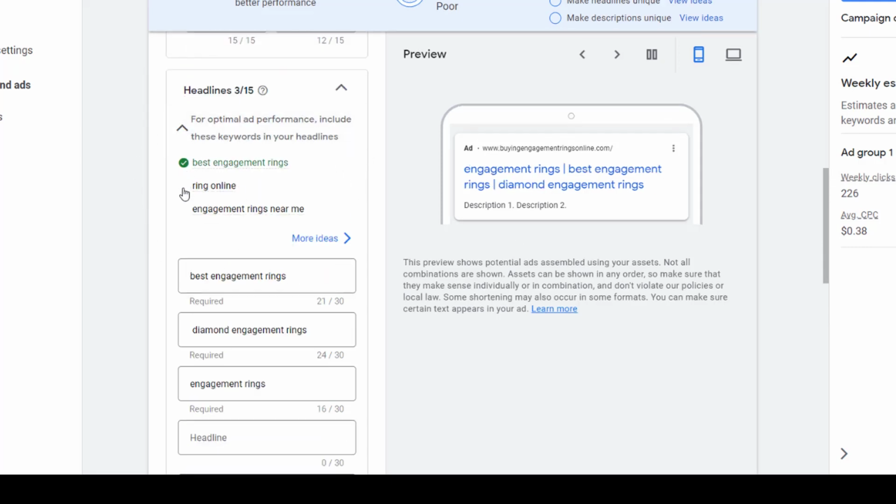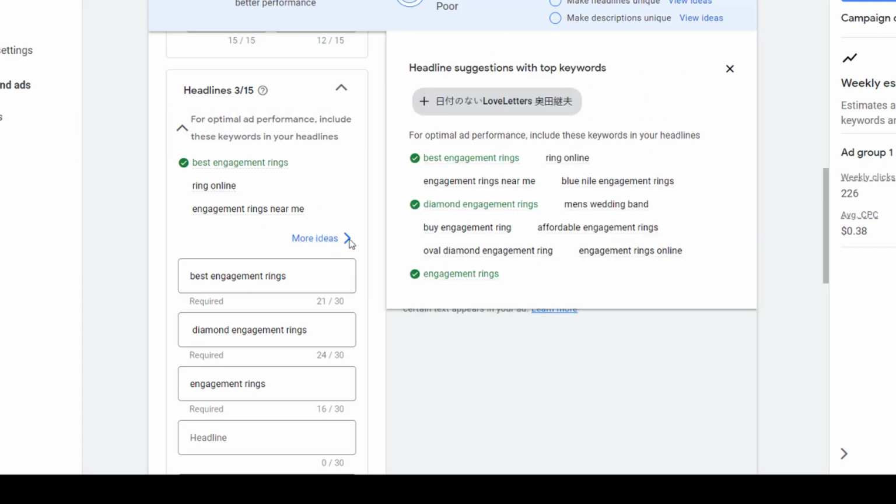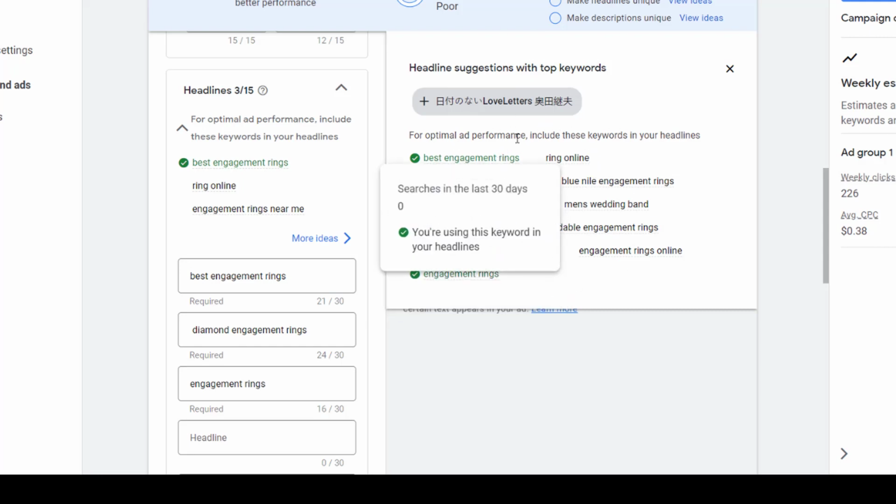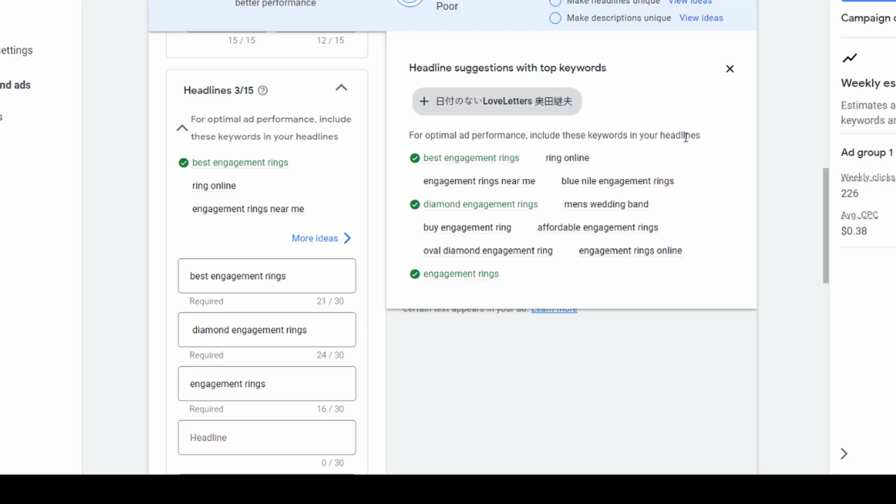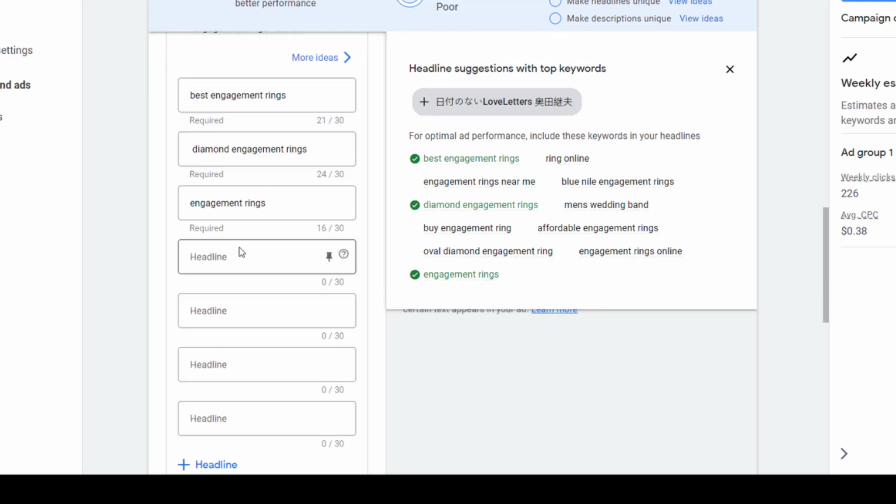You can see Google gives an idea. You can click here. They are offering, for optimal performance, include this keyword in your headline. Put in here your keyword.